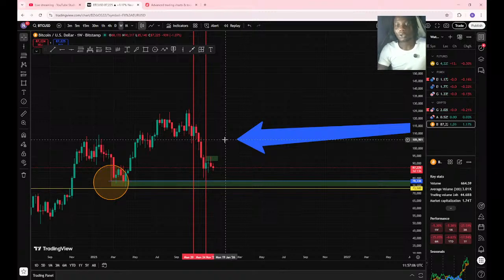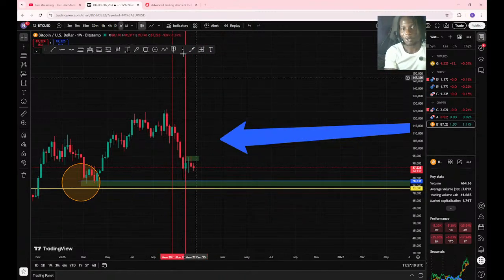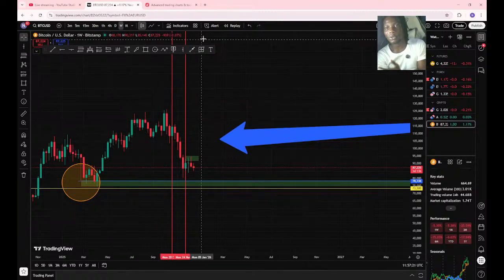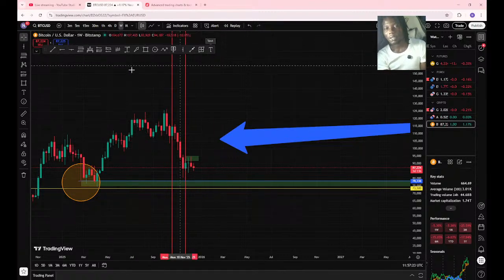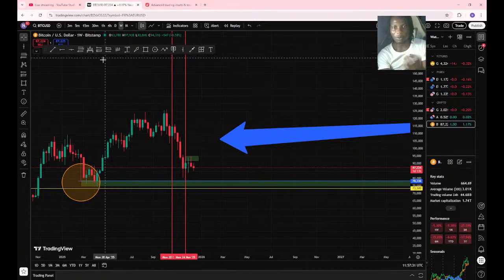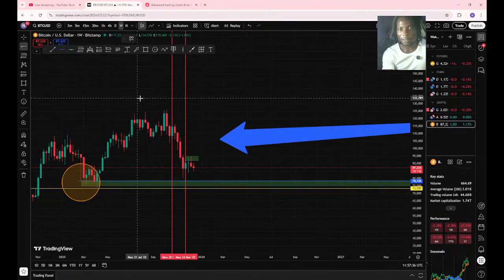Since we are still following market structure on our backtesting, we'll mark out the open and close of each candle here. That way we don't start going back and forth for every candle, because price has already played out before. We can use the rewind button, but I want to show you with a clear structure point. You can also use the rewind button to confirm the price if you want. But first, mark out each high and low, or let's use our horizontal ray.